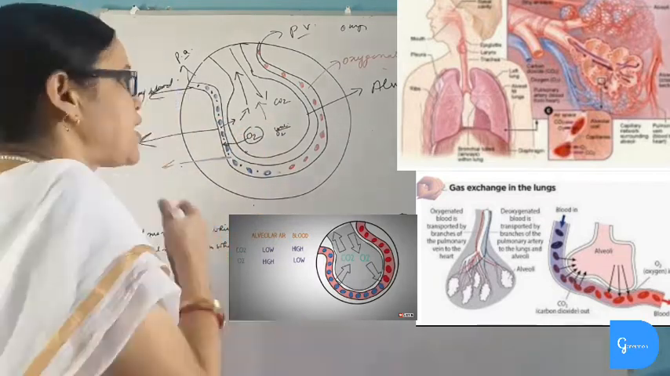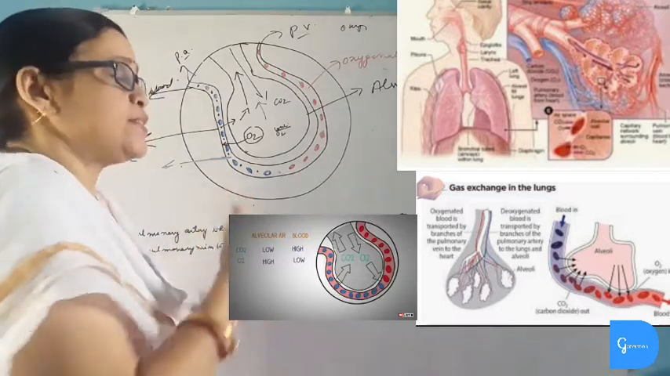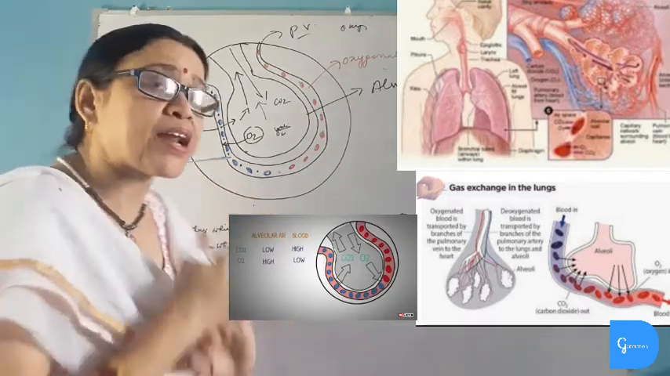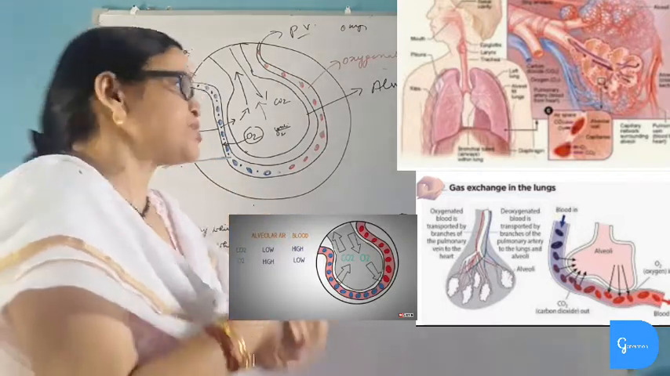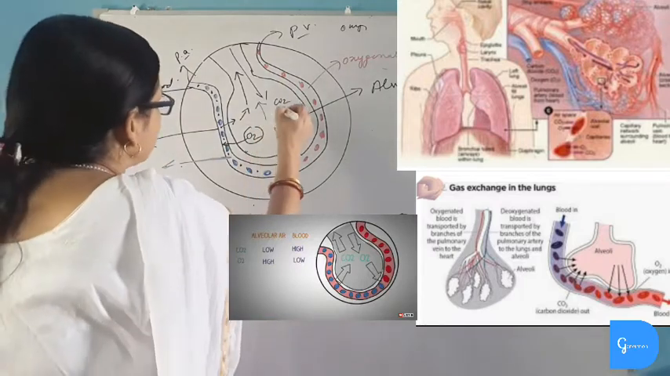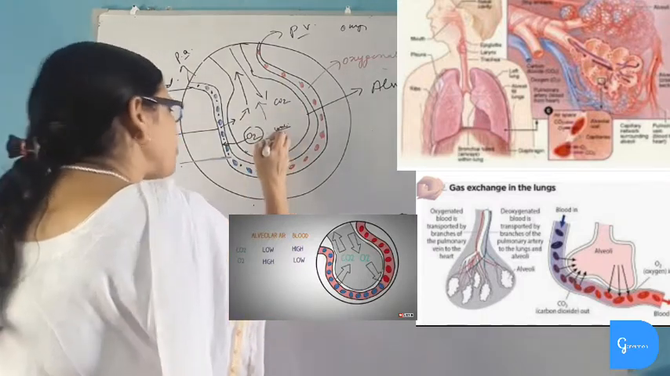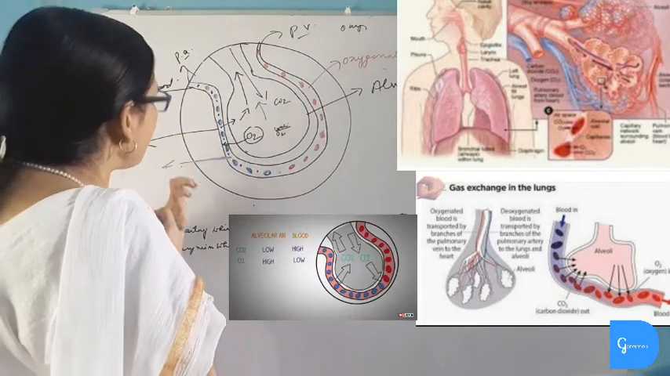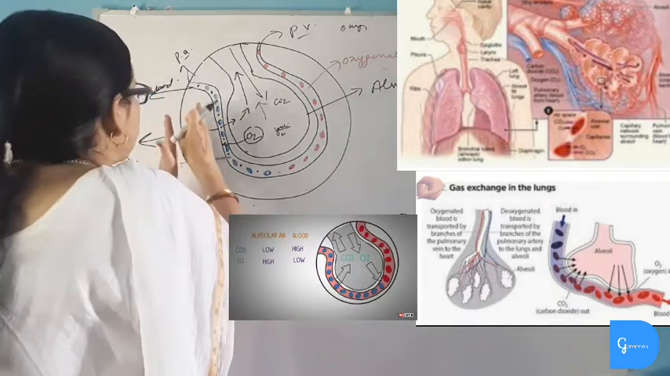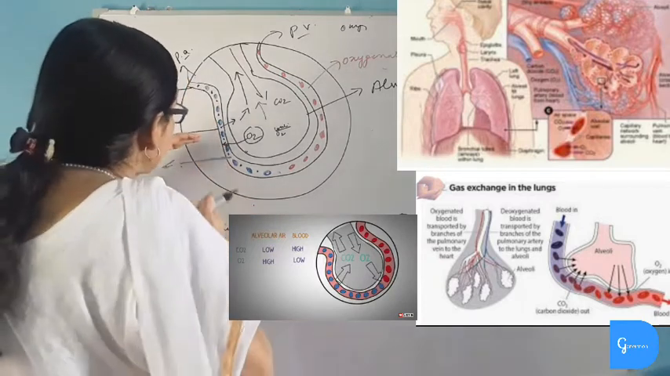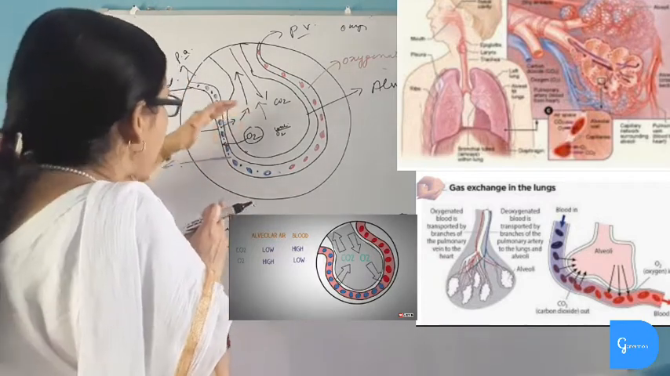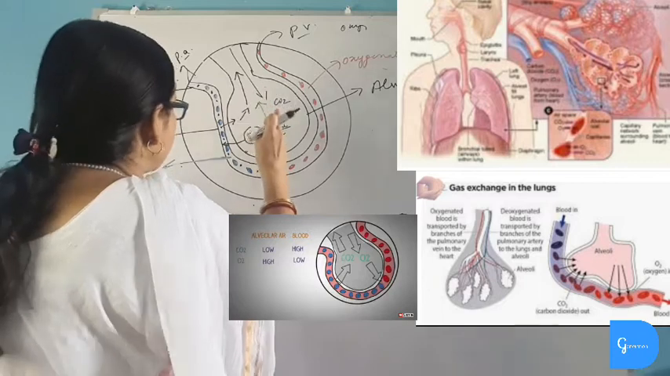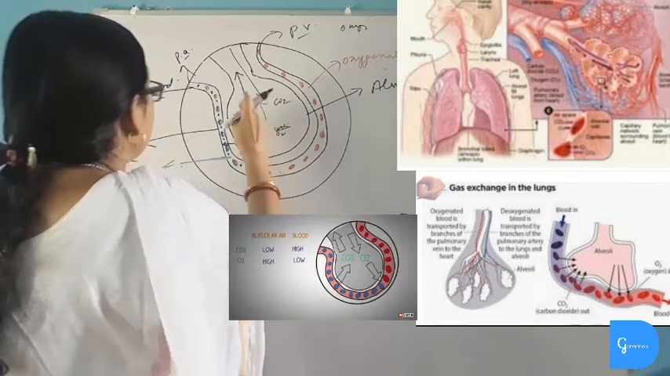of diffusion, and diffusion of gases means the movement of gases from the higher concentration to the lower concentration. So the alveolar chamber has a higher concentration of oxygen, whereas capillary blood has a higher concentration of carbon dioxide. So carbon dioxide from capillary blood enters into the alveolar chamber, and oxygen from the alveolar chamber enters or diffuses into capillary